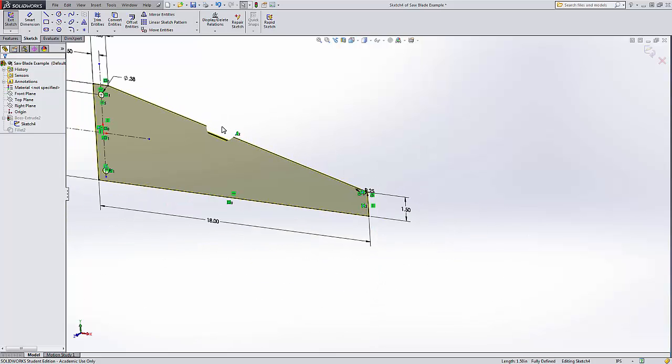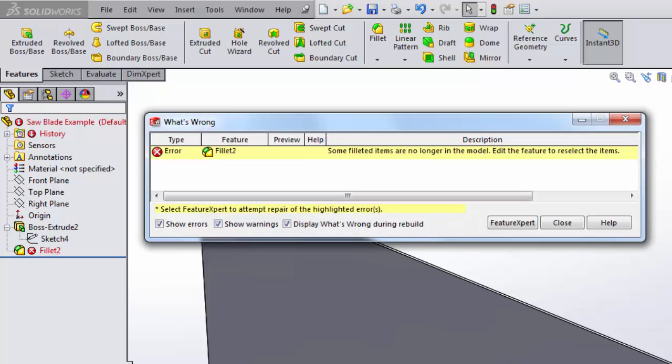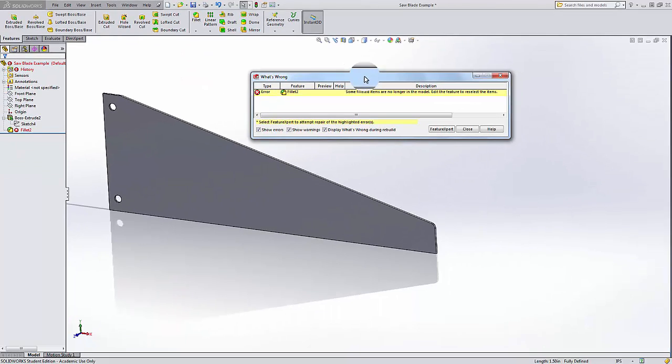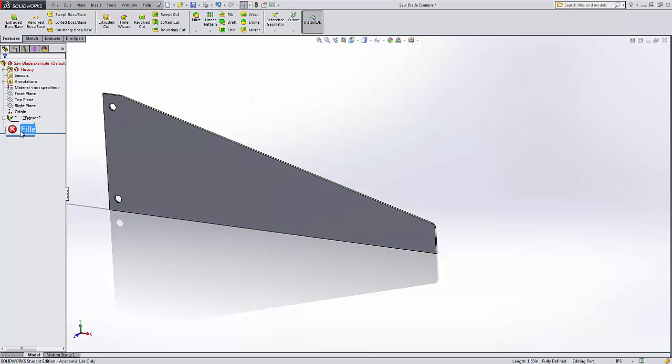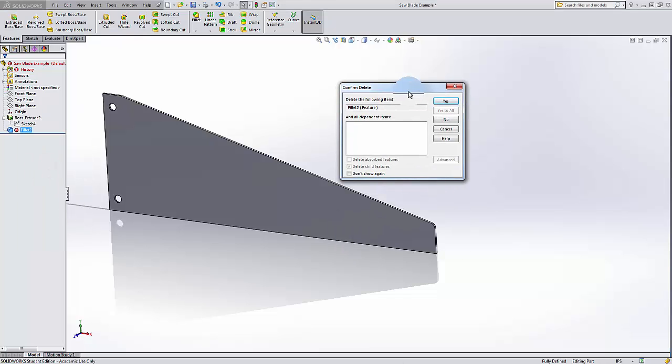So now watch what happens when we obliterate the edge that this fillet was supposed to be on. So I'm going to accept my sketch that I modified from the first extrusion. Oh no, a pop-up comes here and it says some filleted items are no longer in the model. That's fine. I'll hit close, and you see a little error here that this was not able to be produced. So all I'm going to do is right click on it, click the delete button. We're going to confirm the delete,